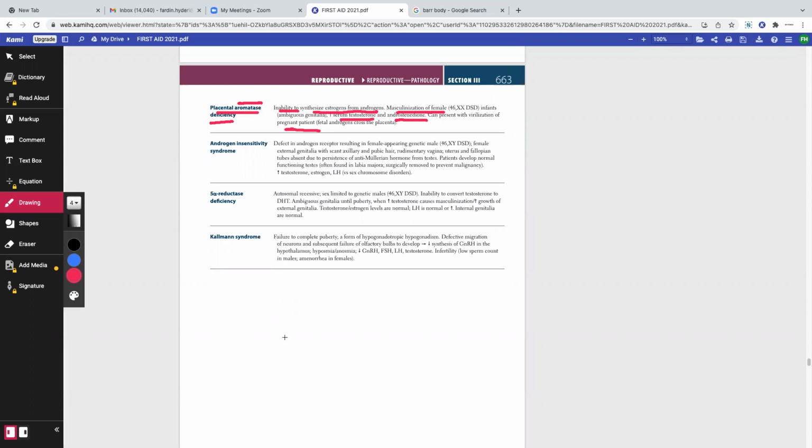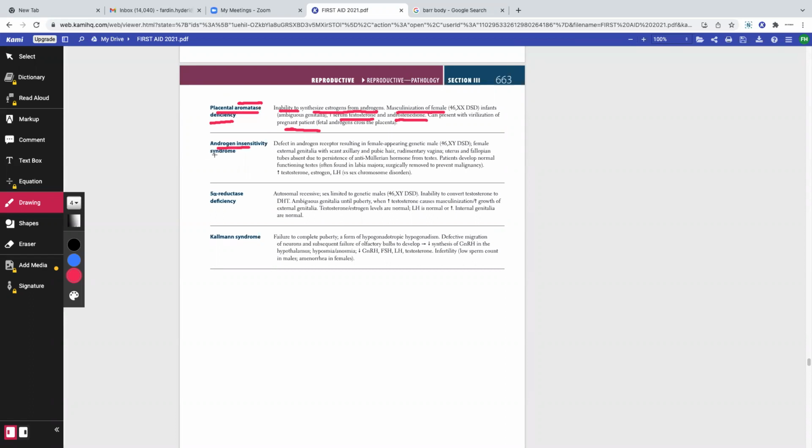So whenever testosterone tries to enter the maternal circulation, the placental aromatase in a normal female who does not have a deficiency will convert the testosterone to estrogen and prevent virilization in mothers. But if a mother does not have aromatase in her placenta, can we expect mothers to be virilized? Yes or no? Male pattern baldness, deepening of voice, broadening of shoulders, acne, and all of those things? The answer is yes. Okay. So this is known as placental aromatase deficiency.